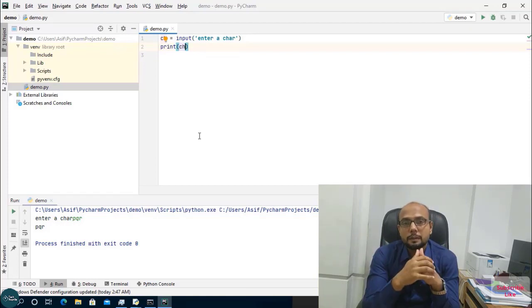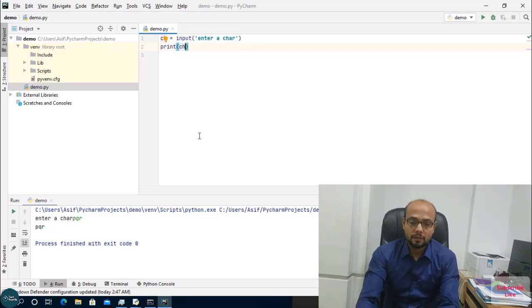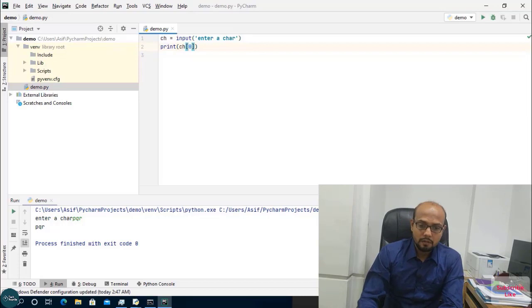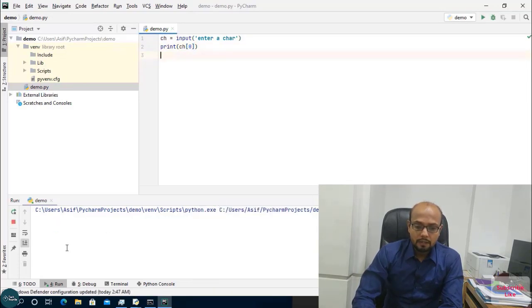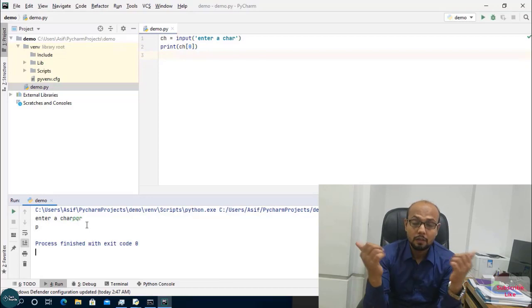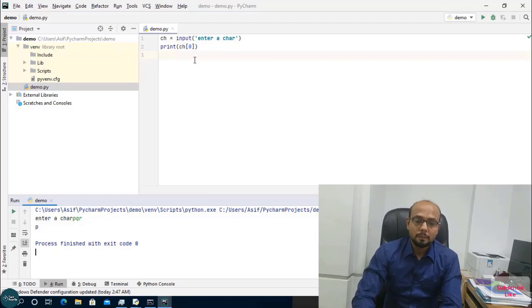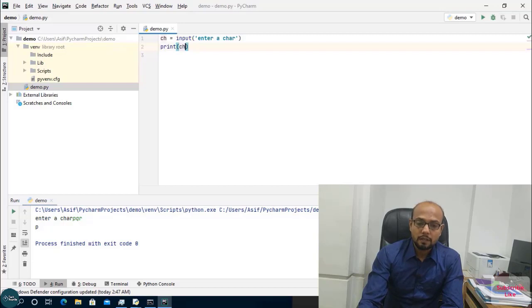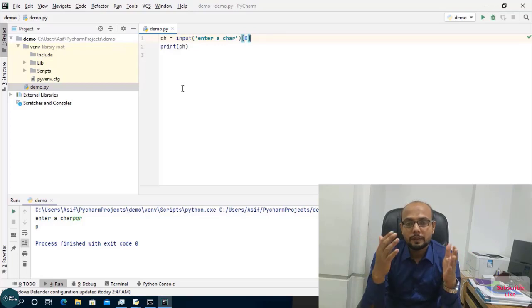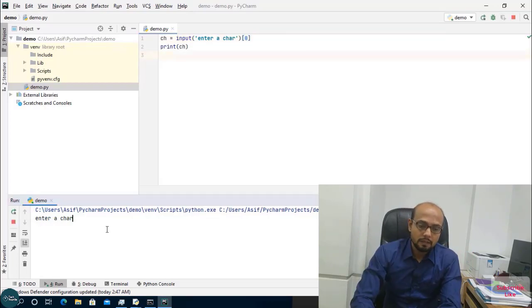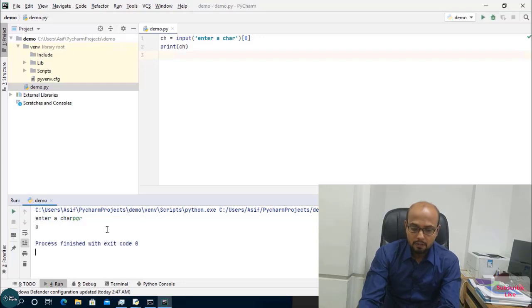And we have the concept of index number. We have already discussed strings and the index value. So let's try with index value 0, and if I run this code again with pqr, look, I have got only the first character, which is p, so I can get a single character. But we can do it another way. If I write this code like this, and I just want to get the first index value, and I run it with pqr, look, I get only the p character.